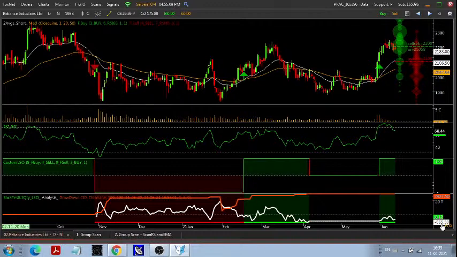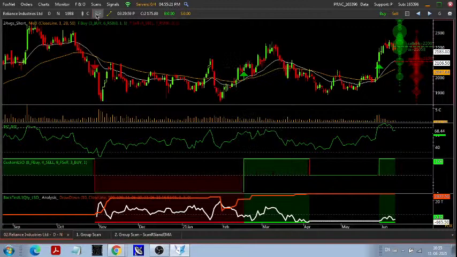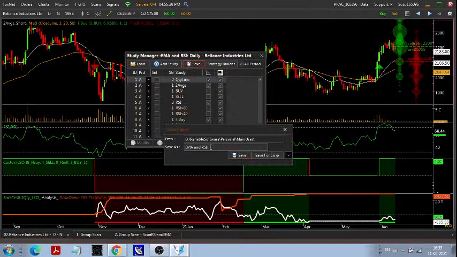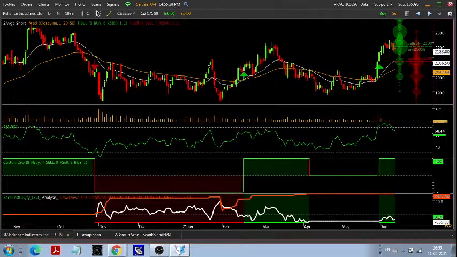Okay. Now, this is the option where we have done the backtesting of a single share, single script. If you want to see the cumulative profit and loss of one group over a definite period, I will save the study again here. I will go to the study manager and click on the save button. At the end, just rename it BT, meaning the study with backtesting. Click on save.